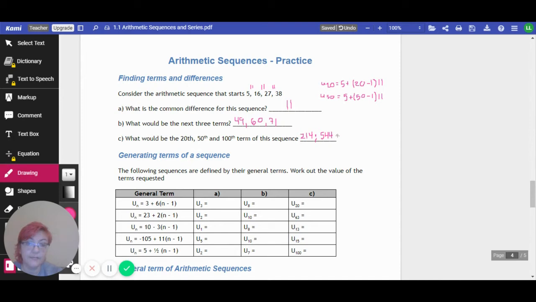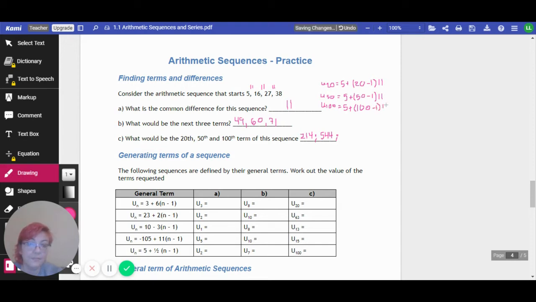All right. And last but certainly not least, I'm going to find U100. Okay, which is going to be 5 plus 100 minus 1